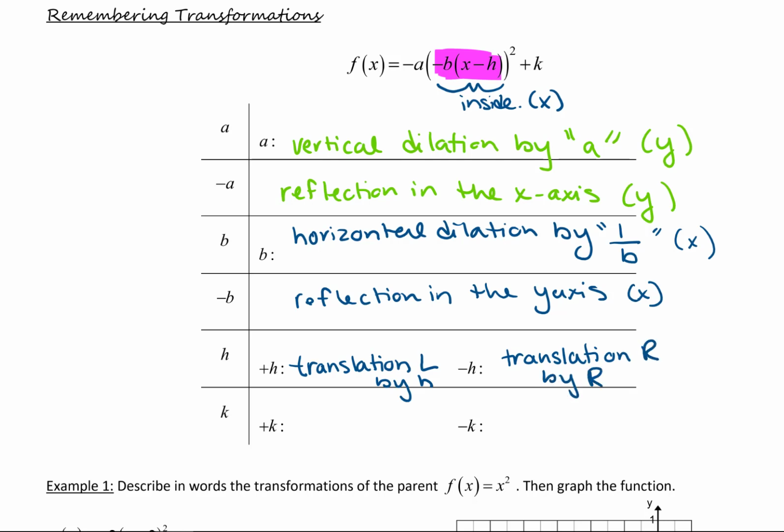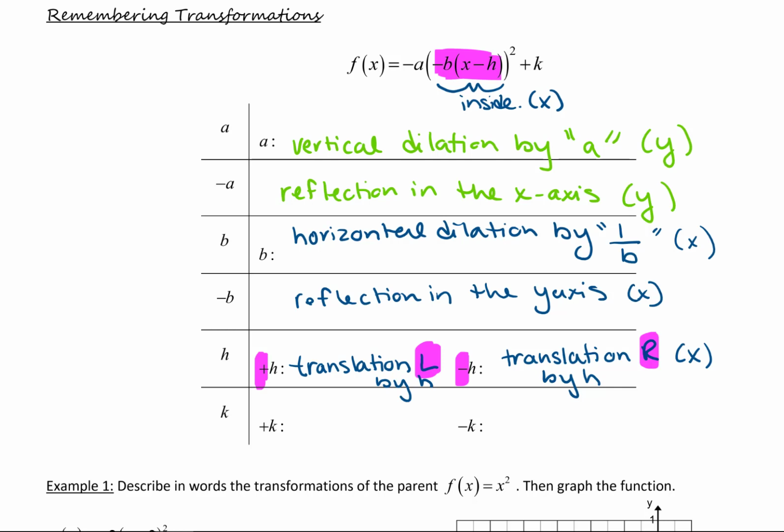So notice that it's the opposite. If we see a positive, it's actually going to the left, and if we see a negative, it's actually going to the right. This is a really important rule to remember. Left and right changes our x values,